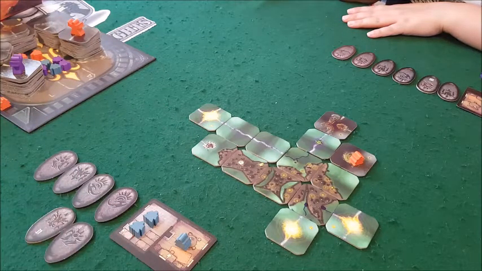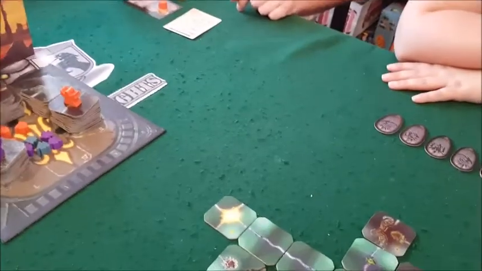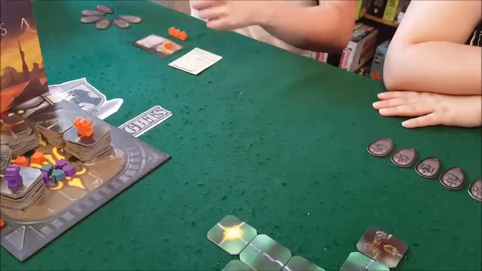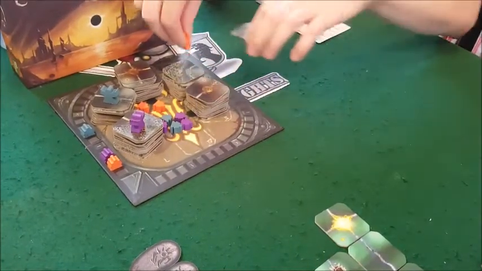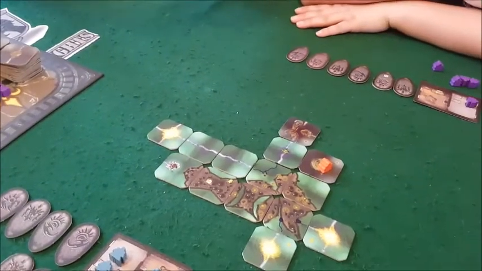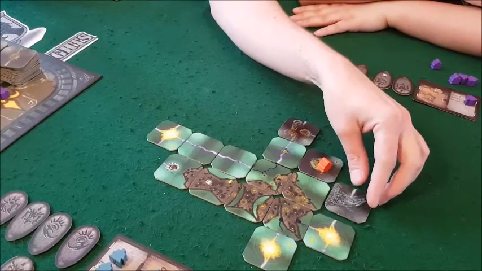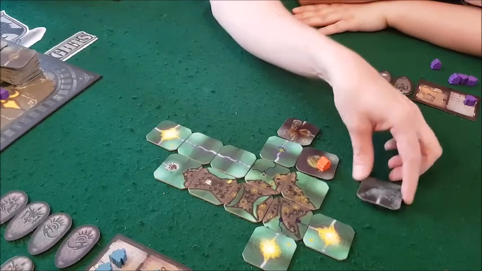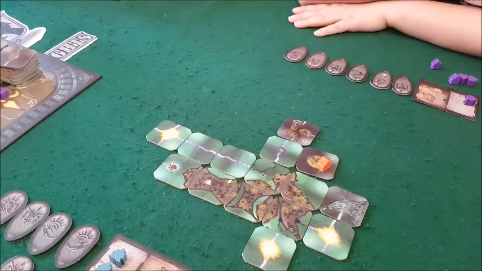So now it goes to John. So first thing he does is move something across. The crazy man goes over there. Then he has to pick a tile. Not a lot of options. I think I'm going to go for this one. Okay, so you can have a look at it. Oh yeah. It's going to go there. Like that, I think. I'm going to put...